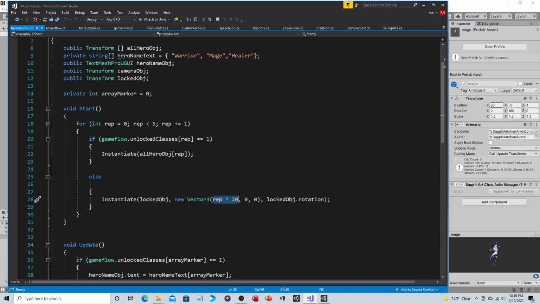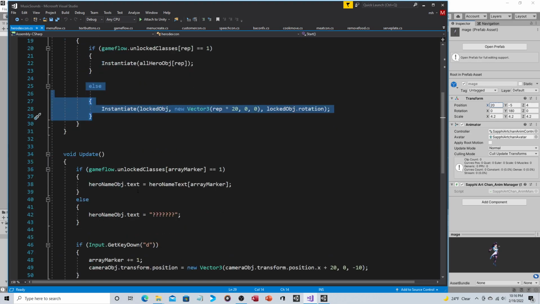Okay, so that just rinses and repeats. It does that until it is no longer less than 5. And again, for each position in that array, it determines if it's going to instantiate the corresponding model, well, prefab, I should say, or instantiate the question mark. In the update section,